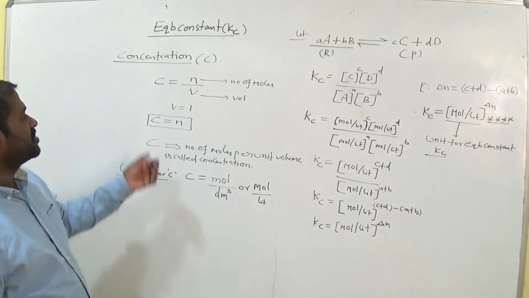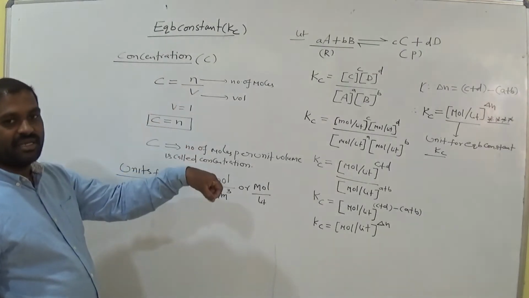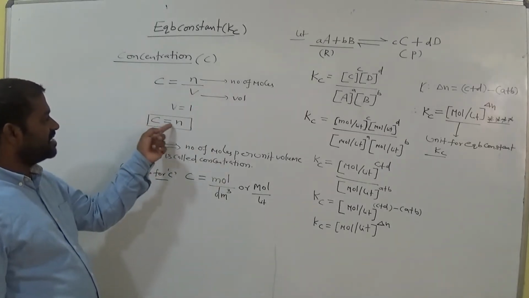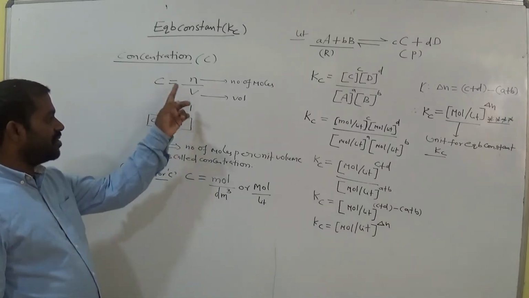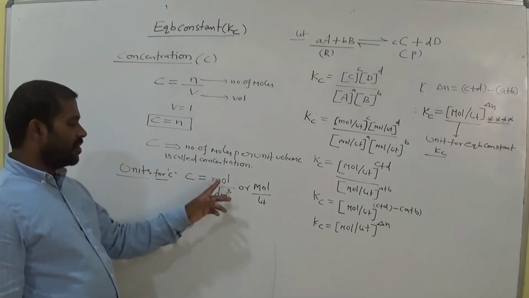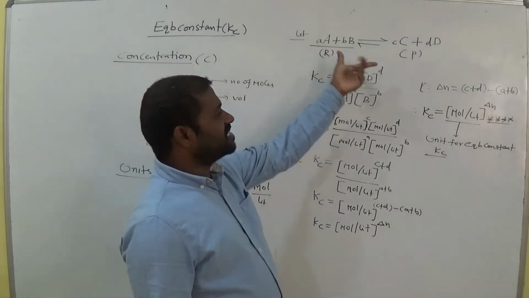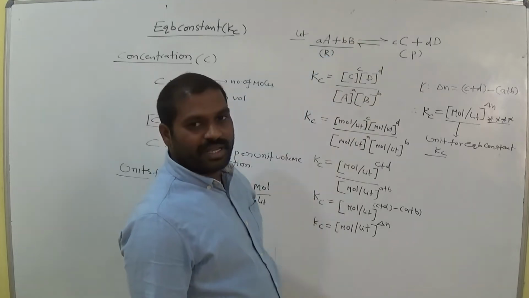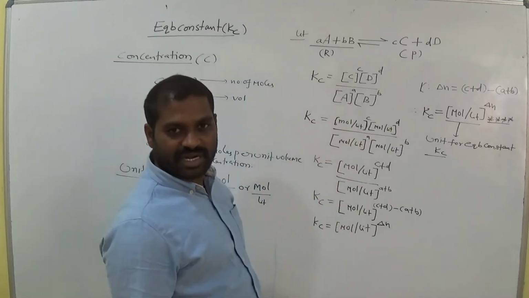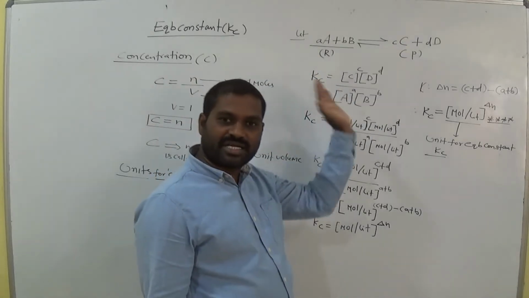Okay, so is it clear for all? Once again, concentration C is equal to number of moles per unit volume. Unit volume means V is taken as 1. Keep this in the above equation. What do we get? C is equal to n. So the number of moles per unit volume is taken as concentration. Now what are the units for concentration? Mole per liter or mole per decimeter cube. Clear? Let us consider a chemical equilibrium. It is reversible. When we represent a reversible reaction, it must be under reversible conditions. That means the reaction at equilibrium, where the rate of forward reaction equals the rate of backward reaction.